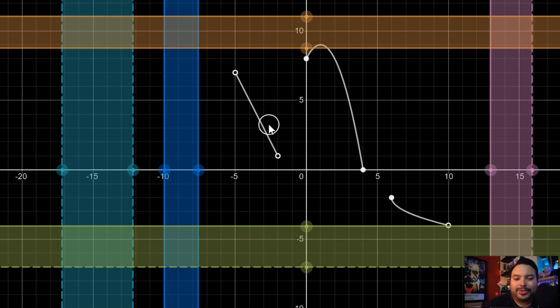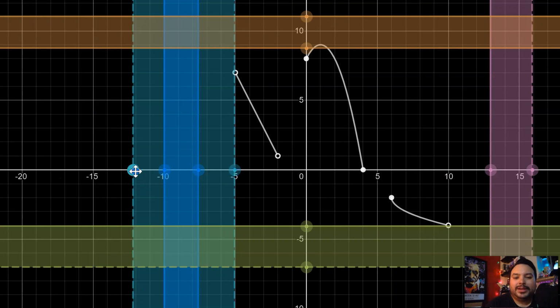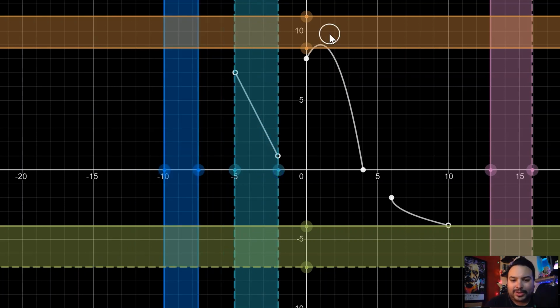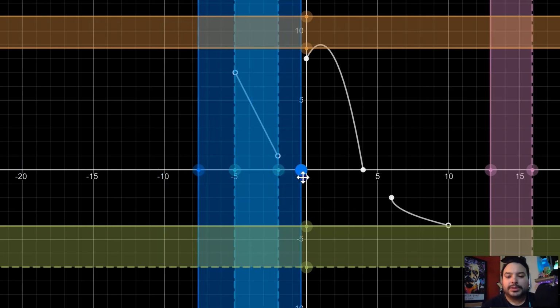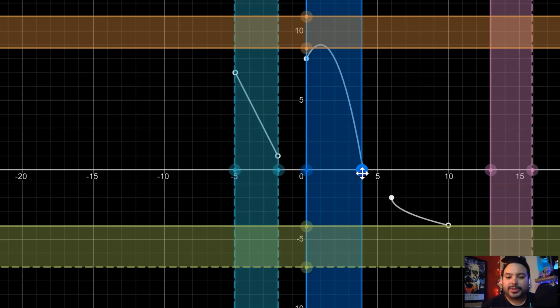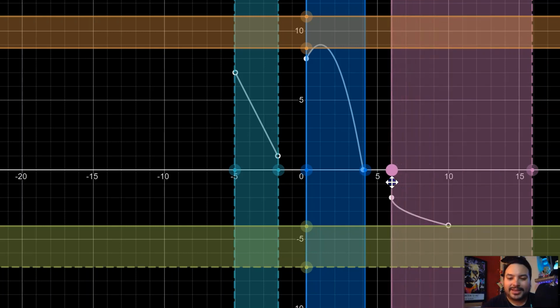I'm going to start with the leftmost part of the graph here, this linear piece of function. And I notice that both the endpoints are open. So I'm going to use the set of domain shaders that have 2 dashed lines. Now the second one has 2 solid or closed or included points. So we're going to go ahead and use this blue one that has 2 solid lines to represent the domain here. And our final piece of graph, luckily, has 1 solid and 1 open point. So let's move